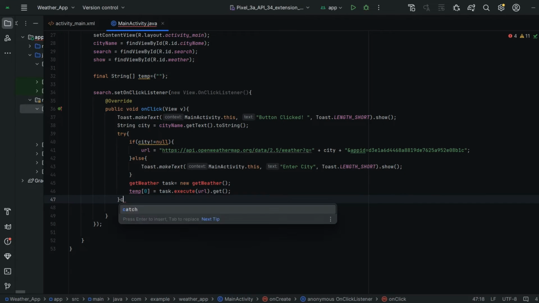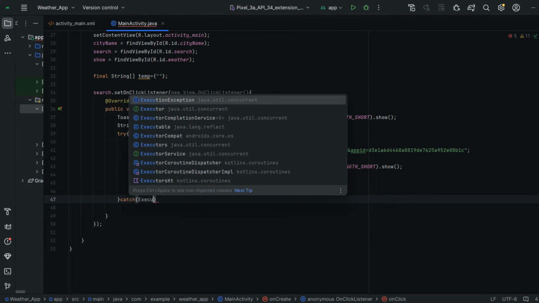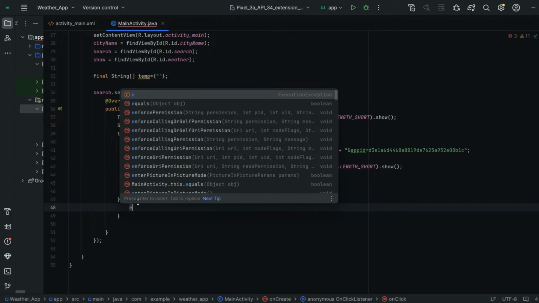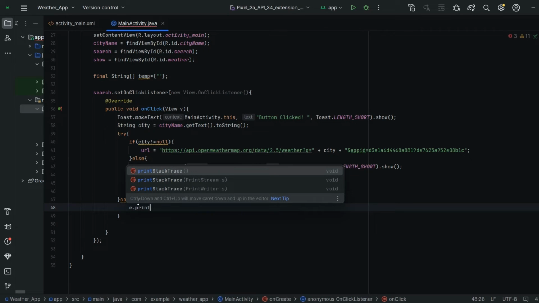Next we have to define the catch exception. So here we have execution exception. See, guys, this exception arises when you don't have any internet. Here when any execution exception arises, I'm simply going to print that exception. Print stack trace.